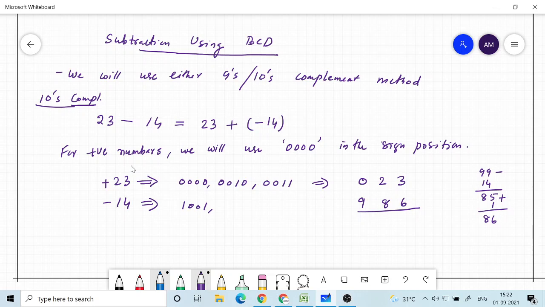This is the representation of minus 14, or in BCD code format we put the code corresponding to 8, and then the code corresponding to 6, like this.